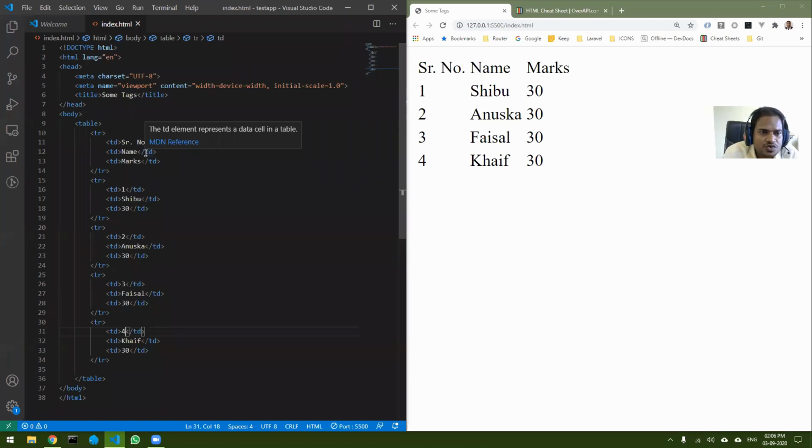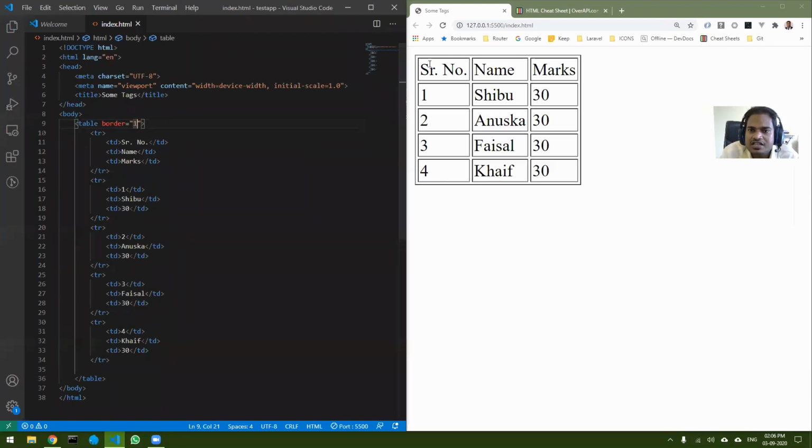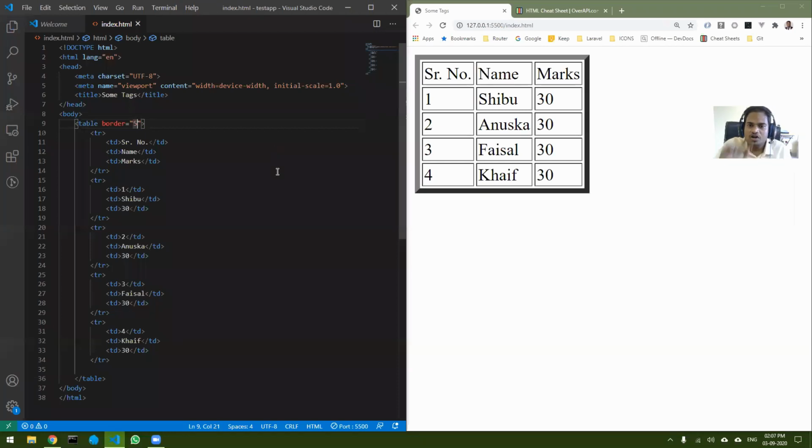But just to show you, I will put the attribute border equal to 1. What border equal to 1 does is put a 1 pixel border around the table. You can see how the table looks now, like a 3D table. If I increase this to 5 pixels, the outer border becomes 5 pixels.